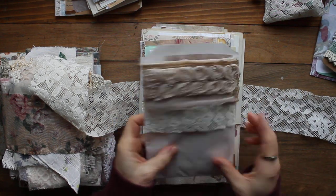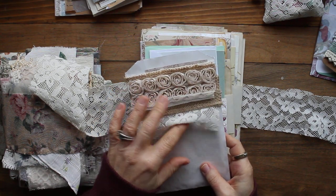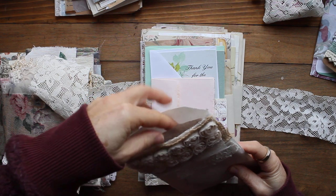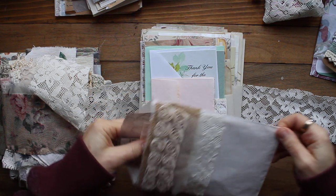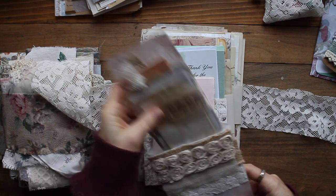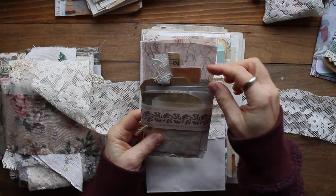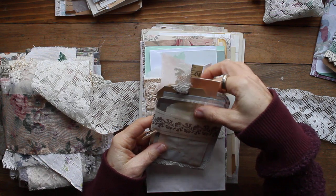So here's the glassine bag in this kit, some beautiful roses and lace and burlap. I really like how these bags turned out. And so there's the mulberry paper. I've stuck it in this bag. And so this one again is lined with the music paper. And in here you've got